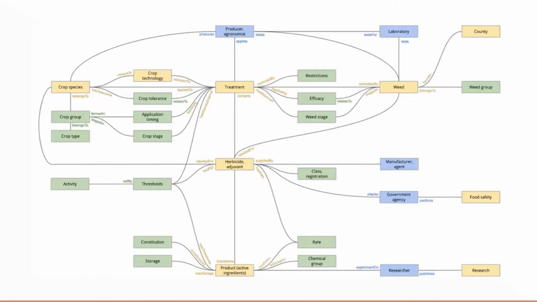So here's an example subject domain model. It's showing the objects in a field of interest, in this case, farming, and well, growing crops specifically, and the relationships between them. So we've got the objects and the relationships between them.